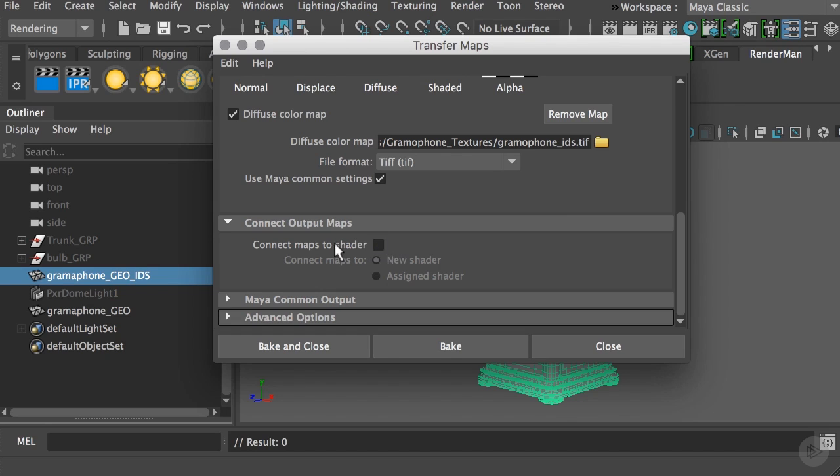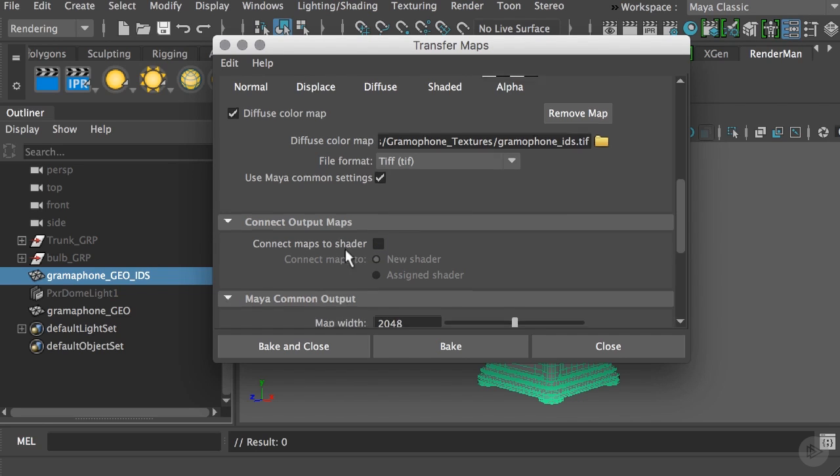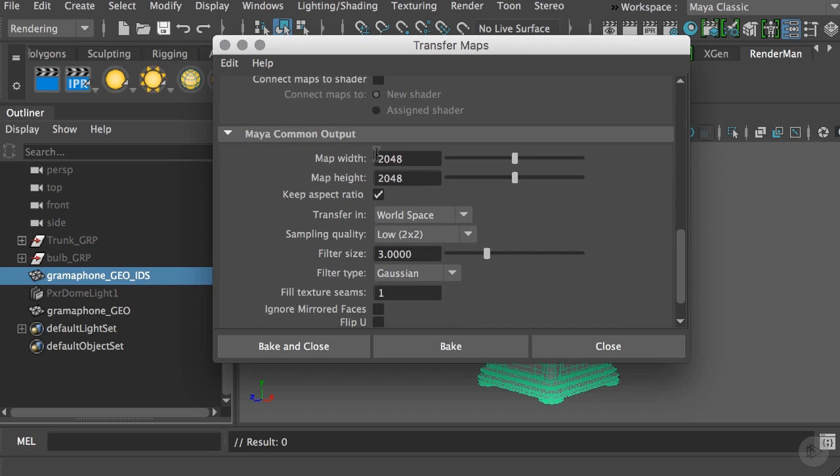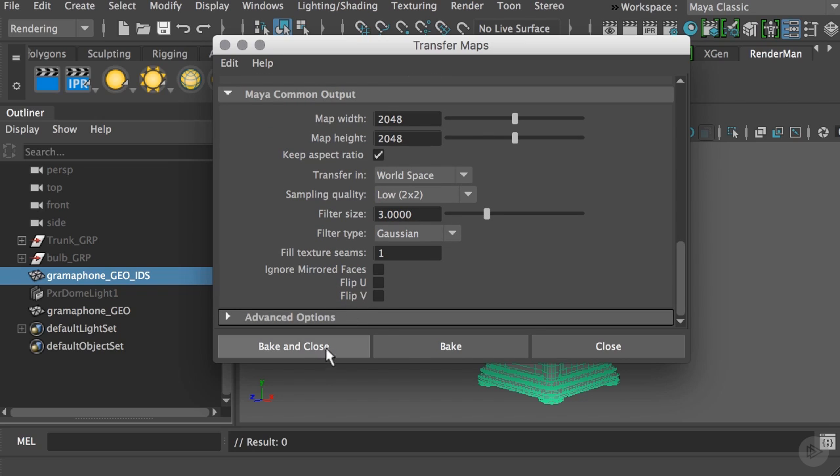So I will hit save, and once I have that, basically you can remove all of the other settings. I don't want to connect the map to the shader because that will happen automatically. And then for our output resolution, I want to pick 2048 by 2048, which is going to give us very good resolution for this map. Then I will hit bake and close, and this will start the process of baking this map into a new TIFF